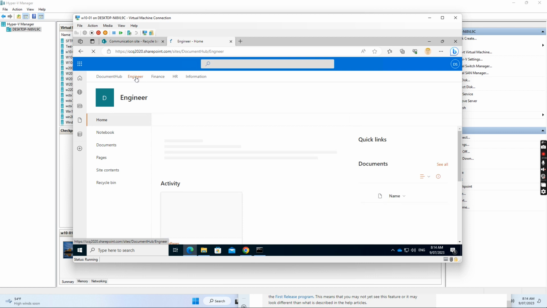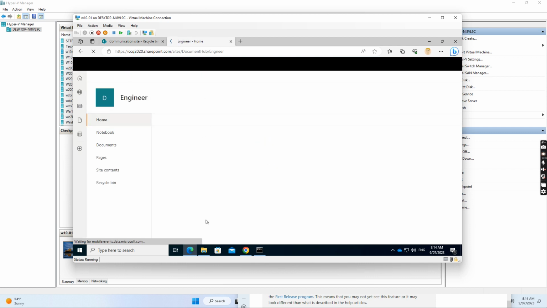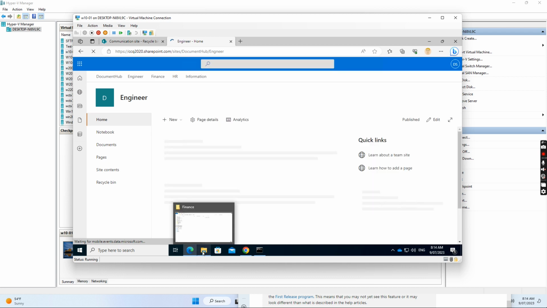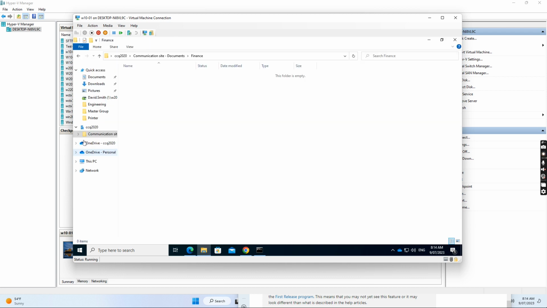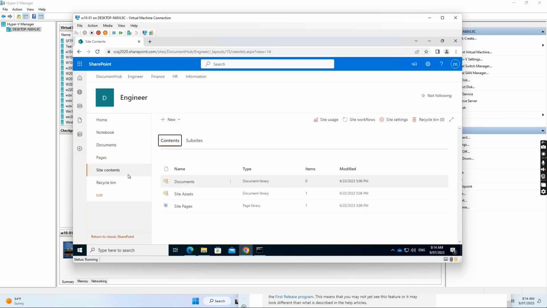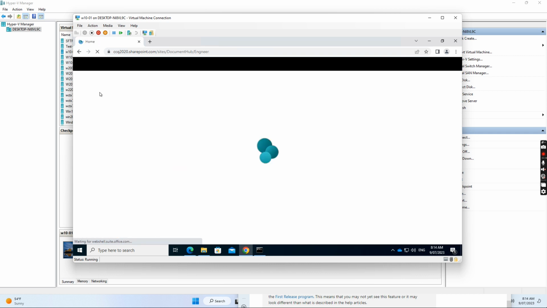We have the engineering subsite, finance, HR, and information. And then on my computer, I map the drive, which is the communication site documents. So if I want to map the drive, I just go to, for example, the engineering subsite,